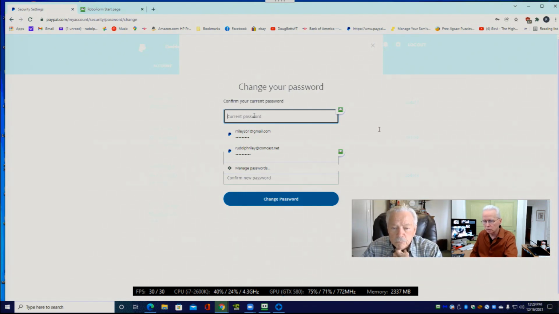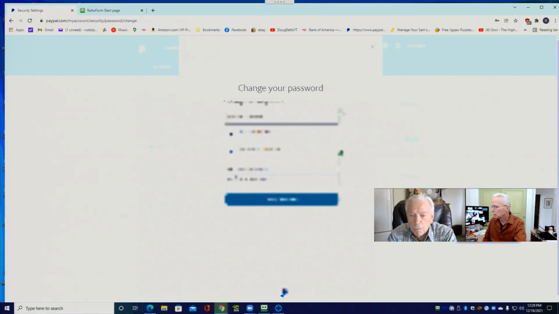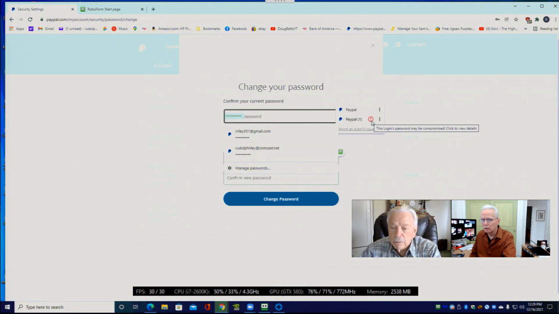I got the mouse for a minute. Okay. And then I'm going to click on that RoboForm icon on the right side, and there's this 3-dot menu here for the first account. And this one down here is the one that has the exclamation mark that for the password it was objecting to. And we think maybe that's the one that has the problem.